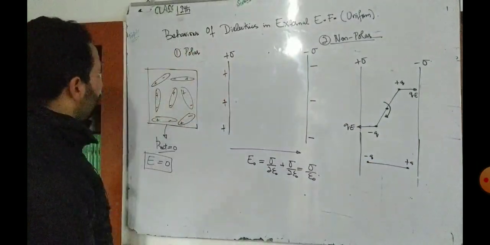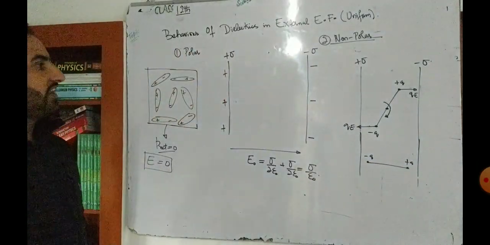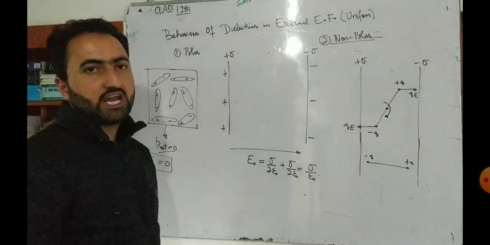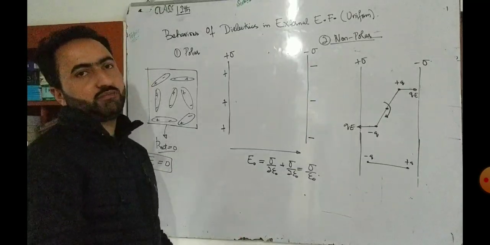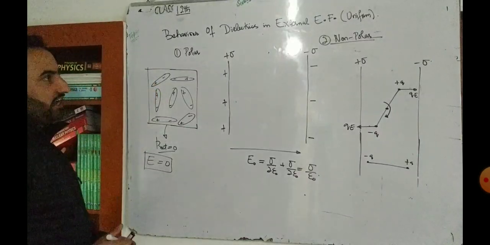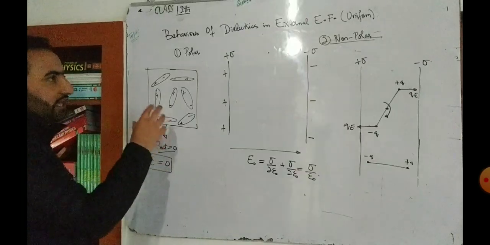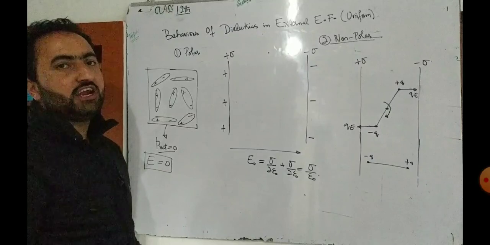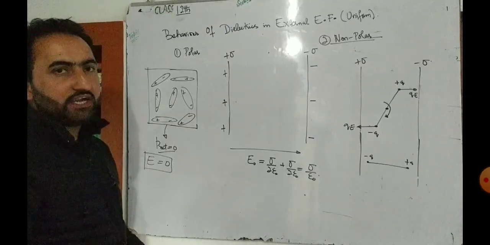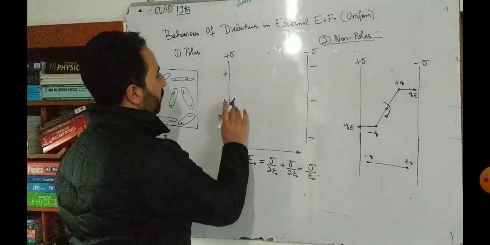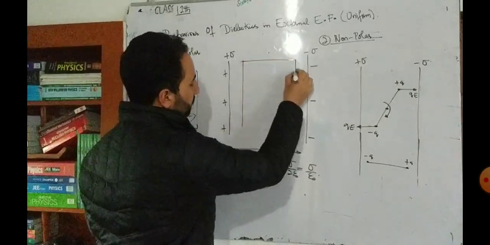So this is a polar dielectric. Now it contains infinitely many such dipoles. What is true for one dipole is true for all those millions of dipoles. So whenever this polar dielectric is placed in a region of uniform electric field, each electric dipole will experience a torque, thereby tending to align the dipoles in the direction of the electric field. Okay, like this it is.